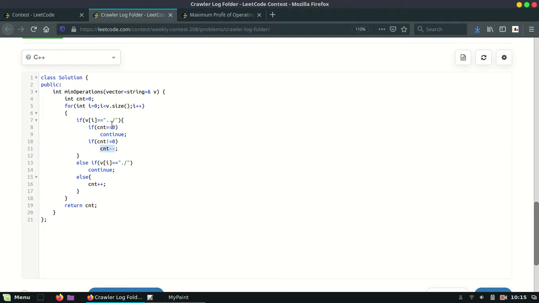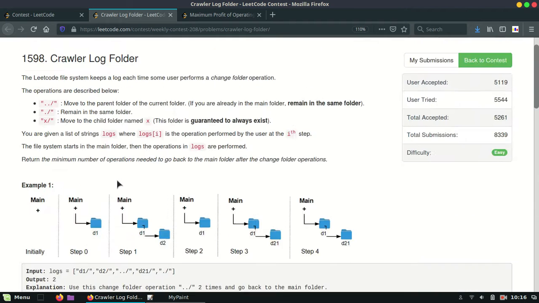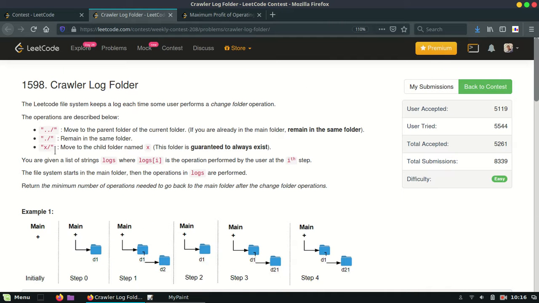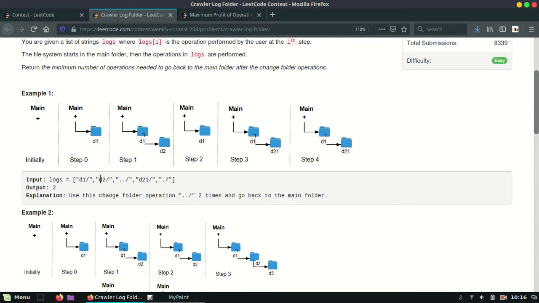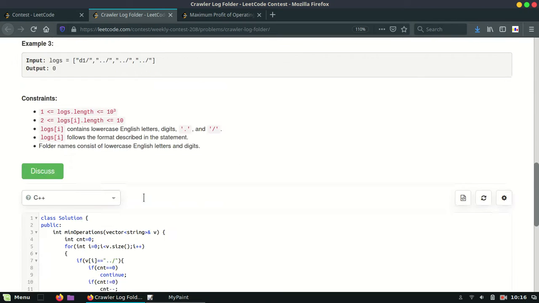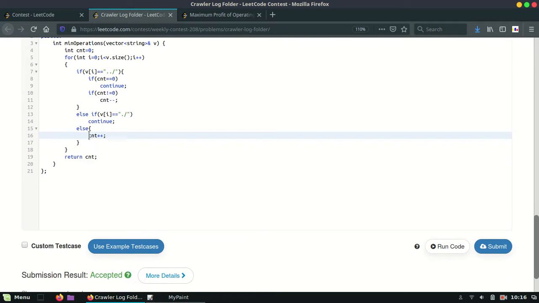Suppose the count is 0, then there is no purpose in decrementing the count, so we will just continue. Else if it is equal to this, which means do nothing, we will just continue as I told you before. Else it is something like a folder name, so we need to increment the count.